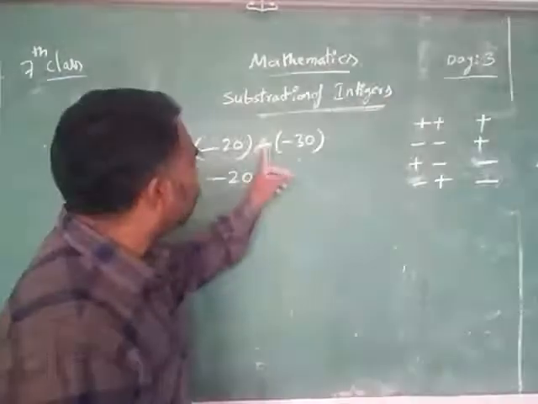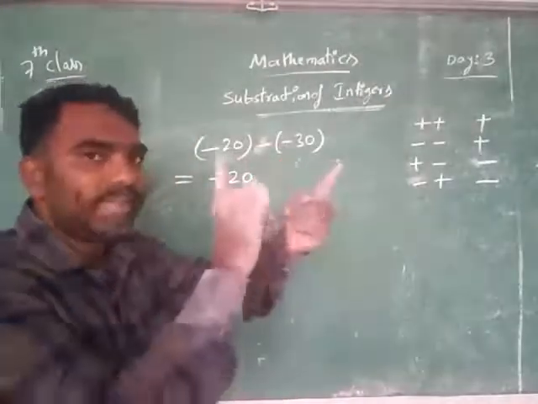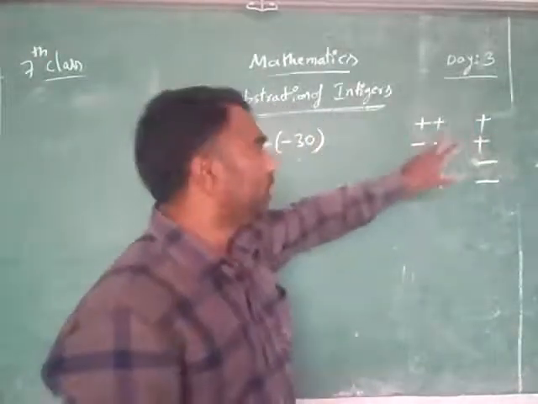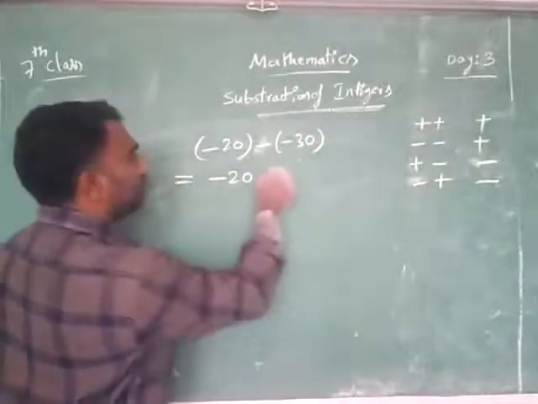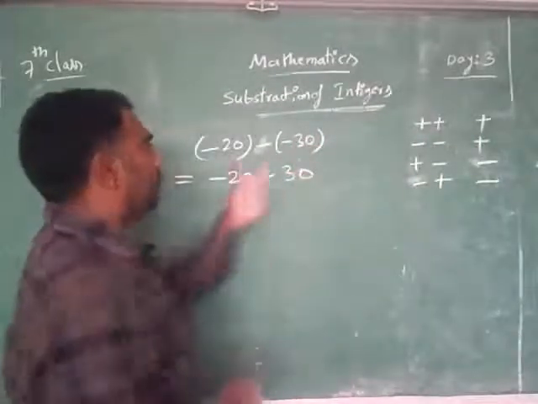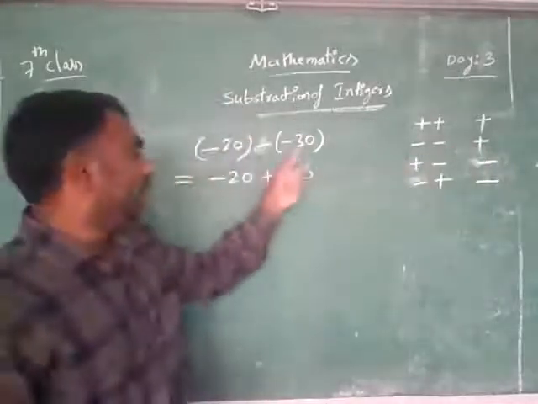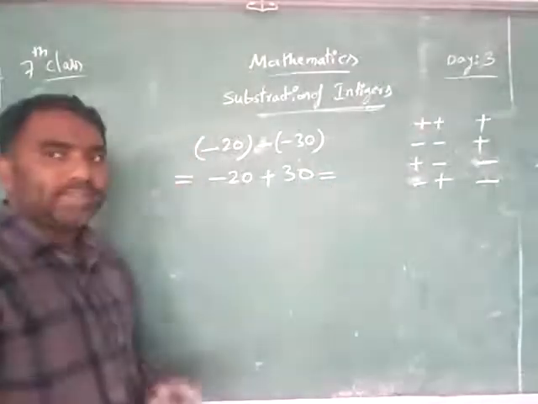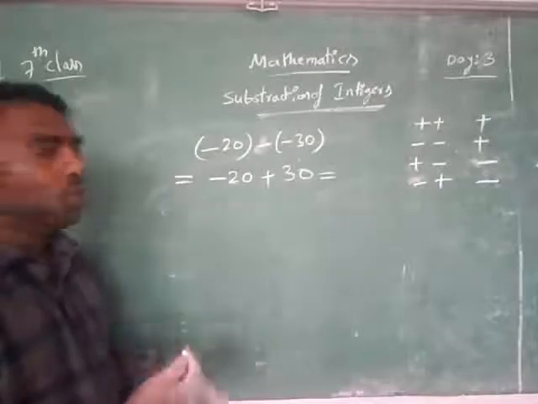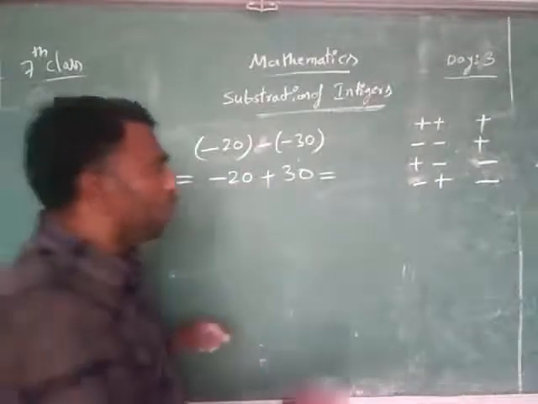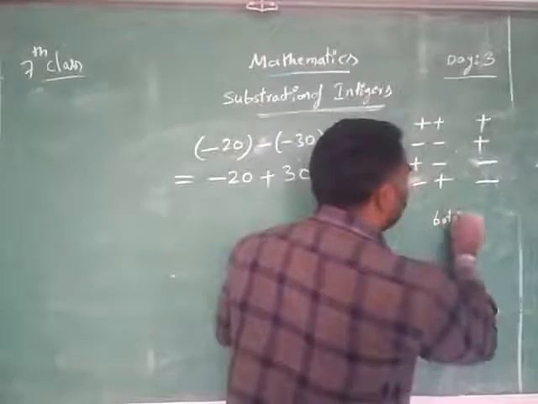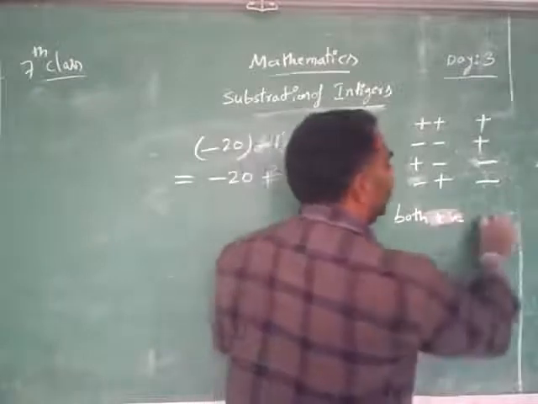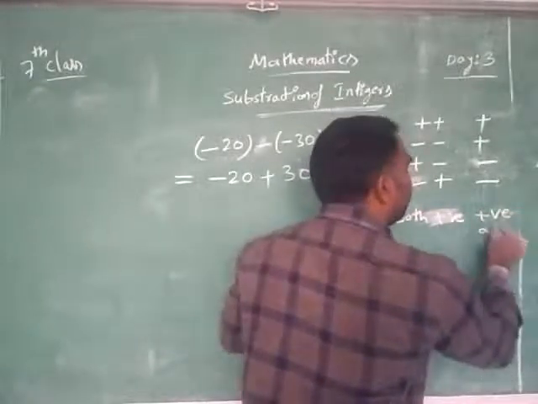Next, what happened here? Two symbols are there. Minus, minus side by side. What is the single symbol? Plus. Minus and minus will become plus. Number 30. Minus and minus will become plus, and it is 30. Now the answer uses yesterday's idea, the addition idea. What did I say to you when we are adding both positives? Yesterday I gave you three situations. Both positives, the answer will be positive. The number we will get by addition.